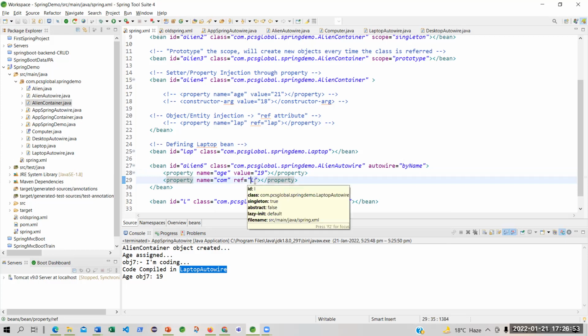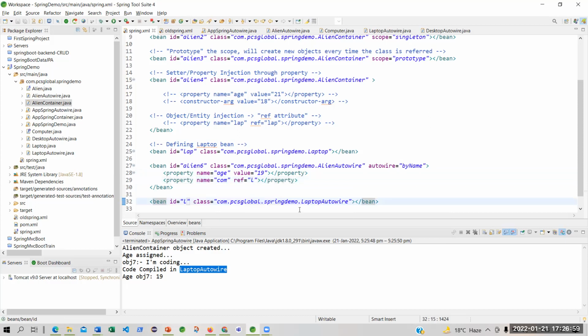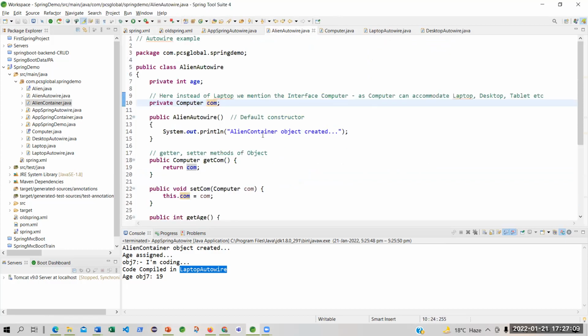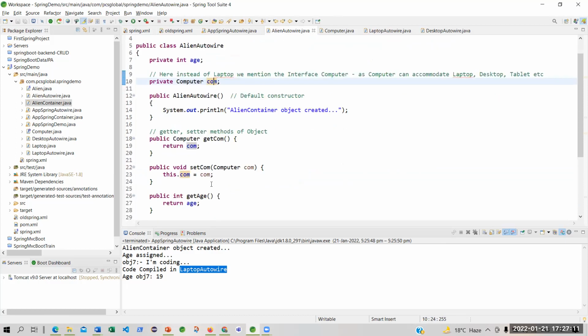So whenever you are saying L, you are going to find this bin. And what this bin is doing, it is injecting laptop autoware into align autoware. That's why you are setting the